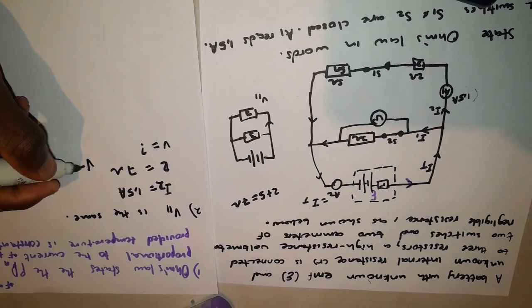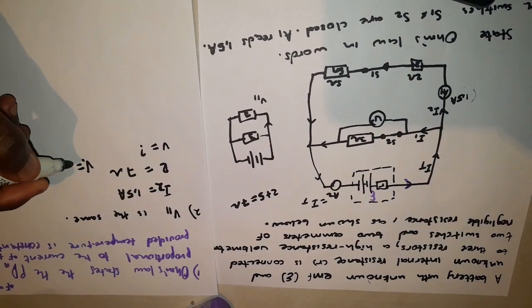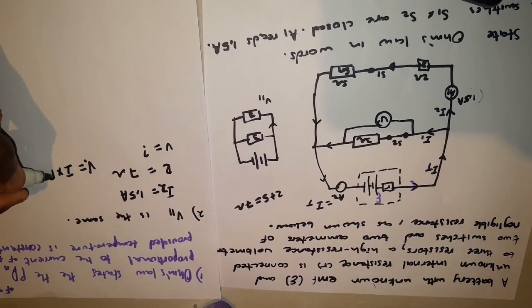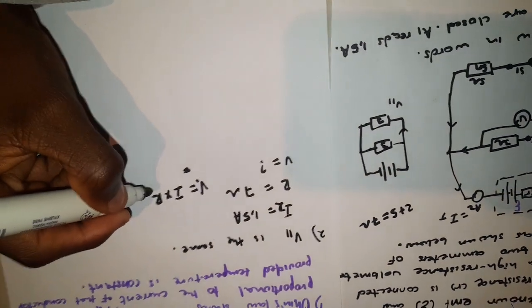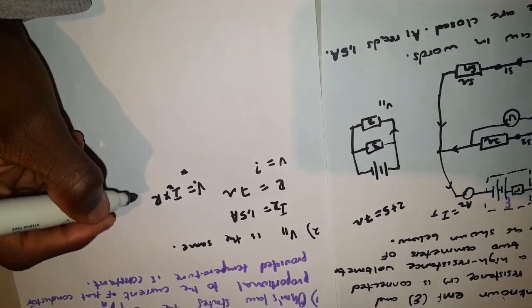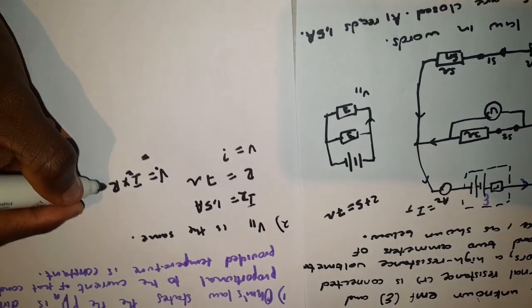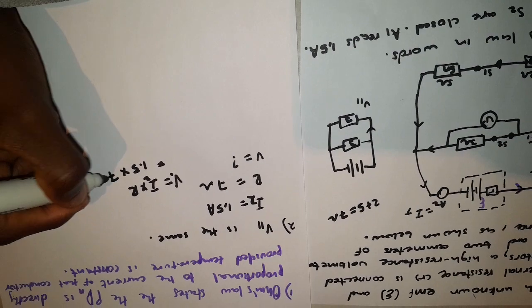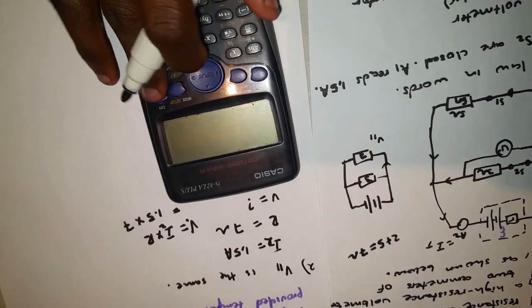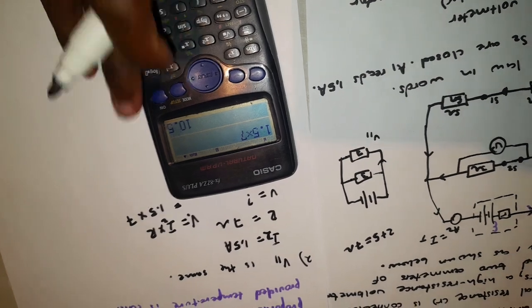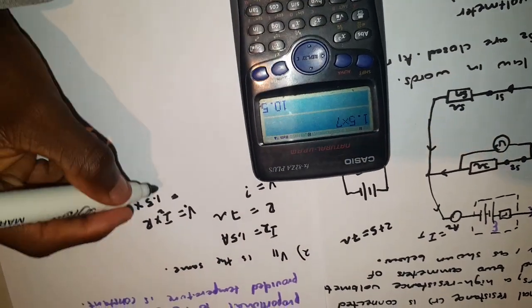V equals I times R, current multiplied by resistance, which is R2, 1.5 multiplied by 7. Our answer will give us 10.5